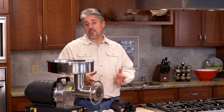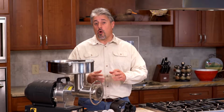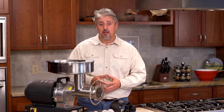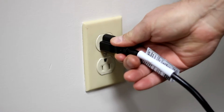When you run out of meat, shut the grinder off immediately. On the number 22, 32, and 42 grinders, you can jog the spring-loaded reverse function briefly for a few seconds to help clear out a jam should one occur. Make sure the grinder comes to a complete stop before engaging the reverse function. If it is necessary to remove the auger for cleaning during operation, turn off and unplug the grinder first